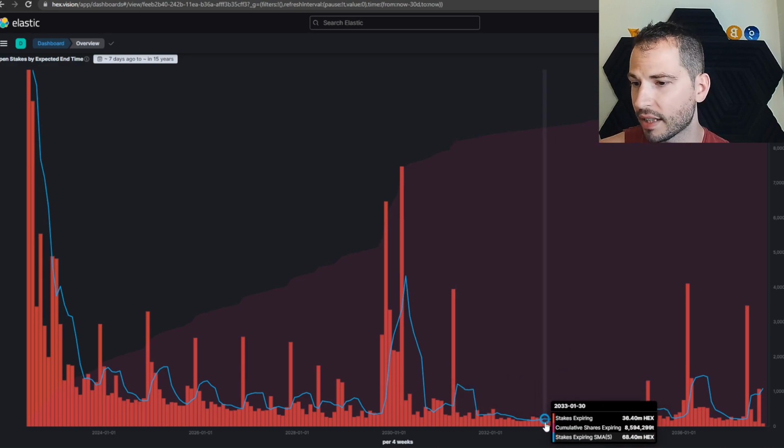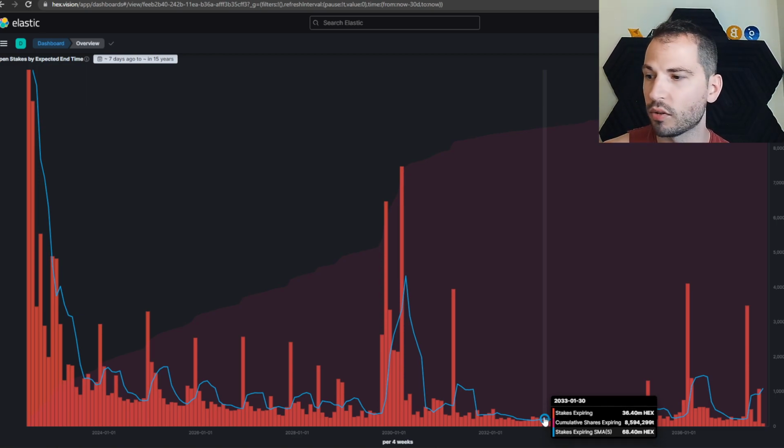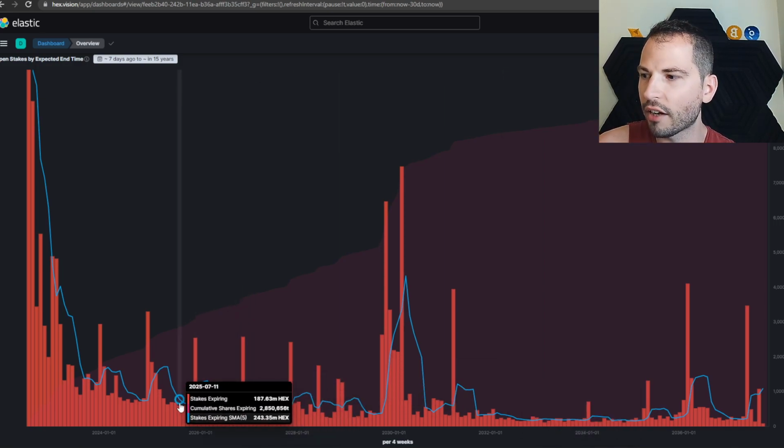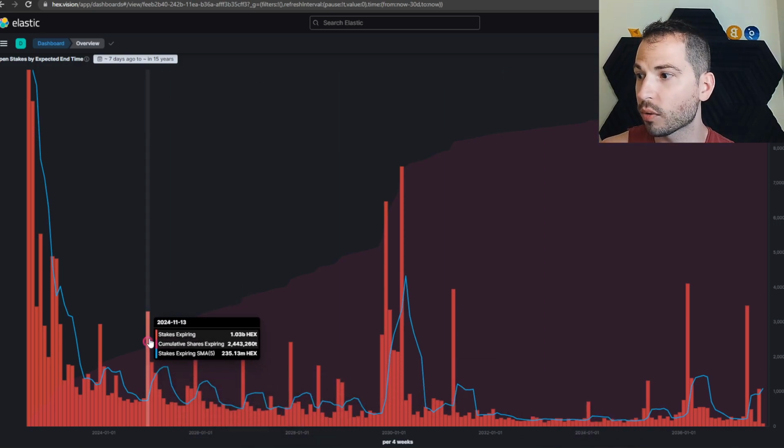But a great example, maybe you want to put some for January 2033, because there's not much there. Of course, I'm not a financial advisor. Please don't just go pick that date because I mentioned it. But look, if you want to ladder, have 2 a year, don't put it on this one right here. Maybe you want to put it a month before that one. I wouldn't put it a month after, because it's probably going to dump. People are going to lock and dump. They need exit liquidity. So please do not be exit liquidity. We're seeing that with a lot of coins right now, so please be aware of that.